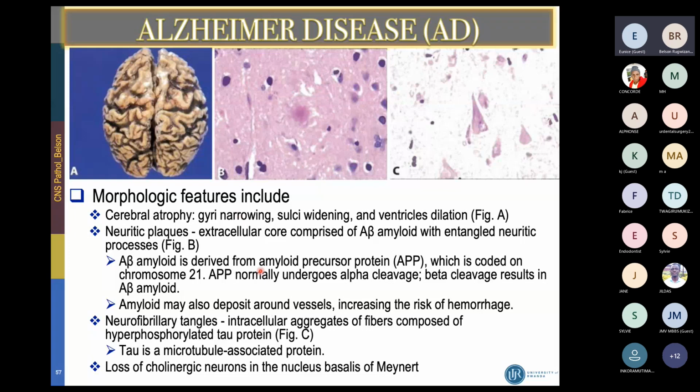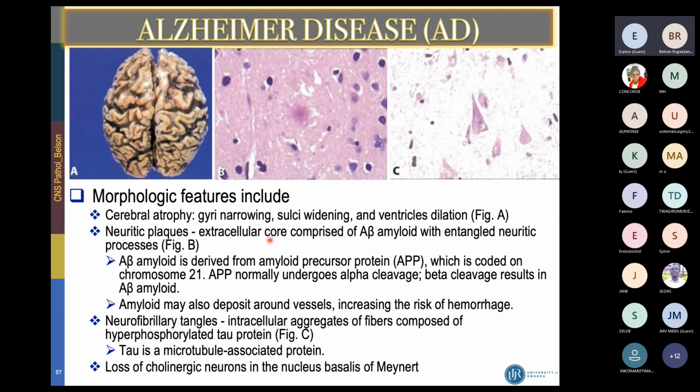So the morphological features include, at autopsy especially, gyri narrowing. Gyri are the anatomical elevations on the brain, and the grooves between them are called a sulcus if one, or sulci if many. So the sulci are wide while the gyri are narrow, and the ventricles will be larger, of course. Neuritic plaques: